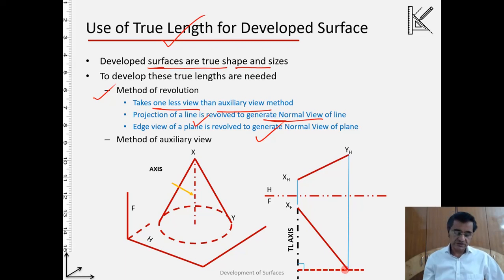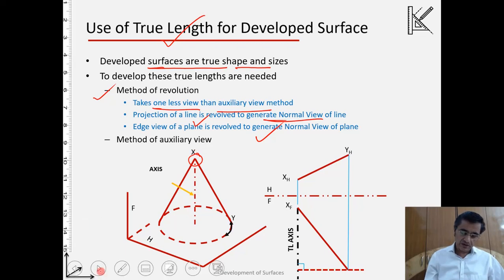So as we just discussed, I will be rotating by keeping X fixed and rotating this Y in a horizontal plane, and this becomes the line or axis of rotation. So if I rotate, let us say that's the rotation, and by rotation I have made this line in the object space.